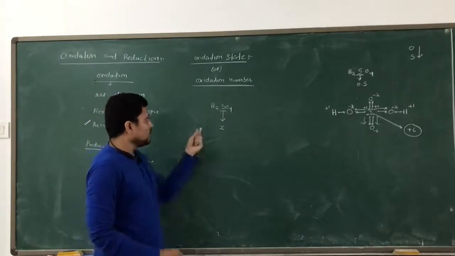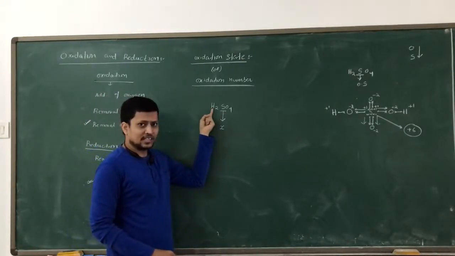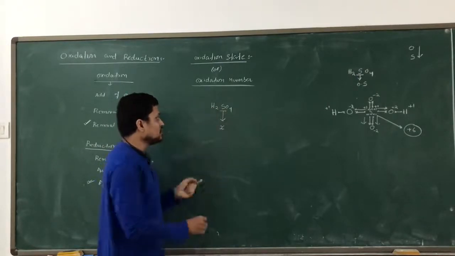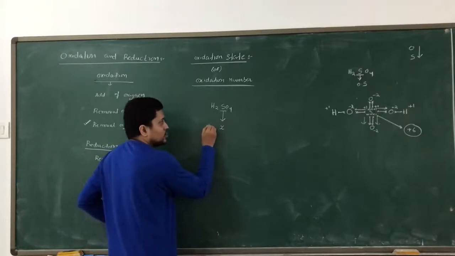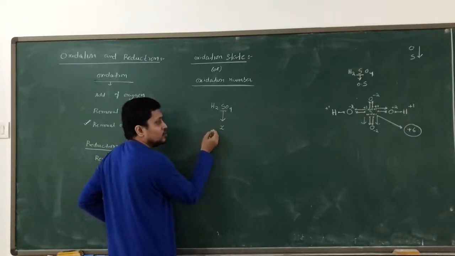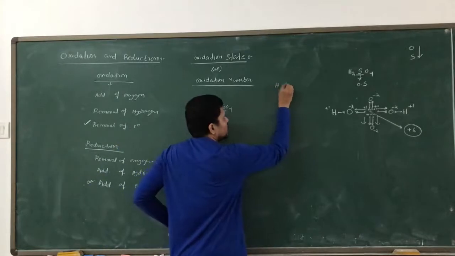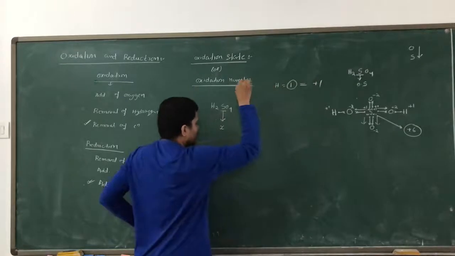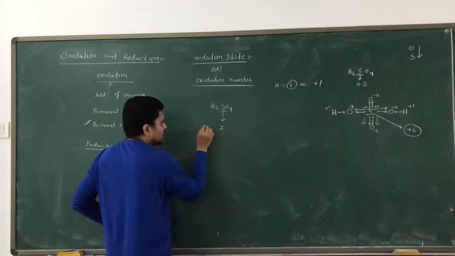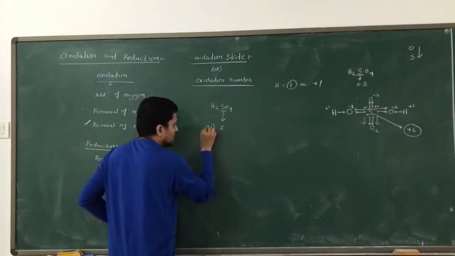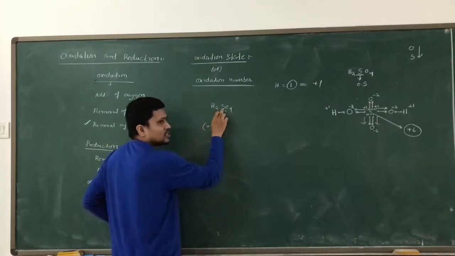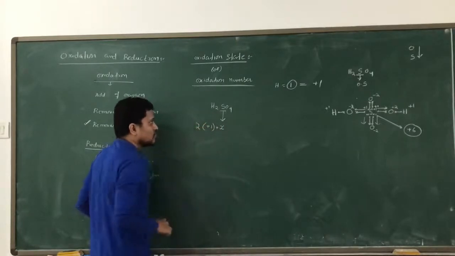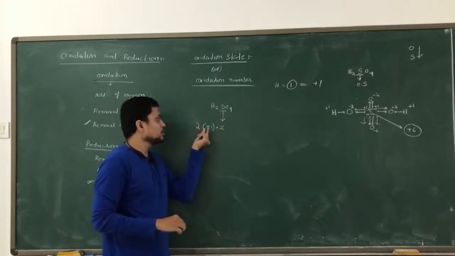2 hydrogen. And we know that the electronegativity of hydrogen is less than sulfur, that means they are going to be plus, they are going to lose the electron. When hydrogen loses the electron, how many electrons can it lose? Hydrogen has only 1 electron to lose. So 1 electron they will lose, and after losing this 1 electron they become +1. So normally we have +1 charge on hydrogen when it has a bond with sulfur or oxygen. How many hydrogen do we have? 2. So 2 into +1.